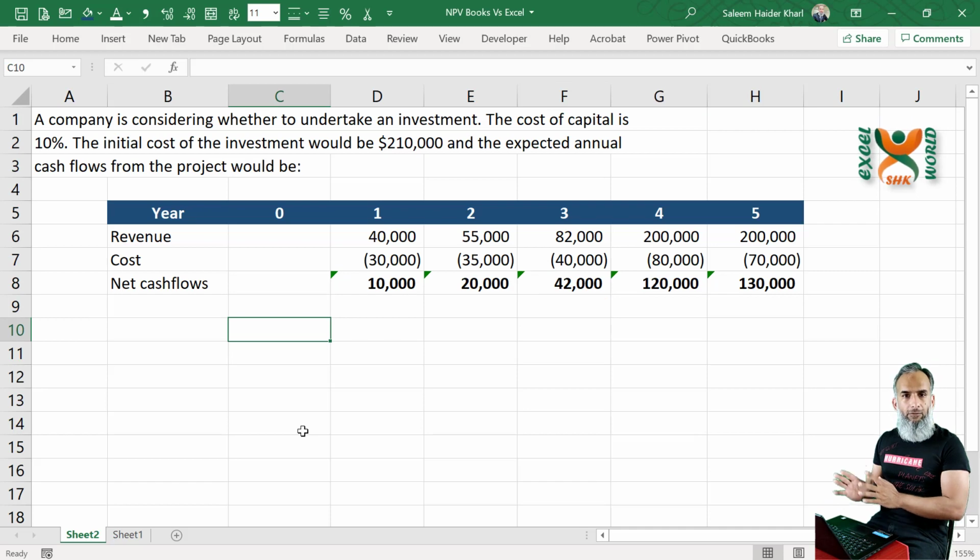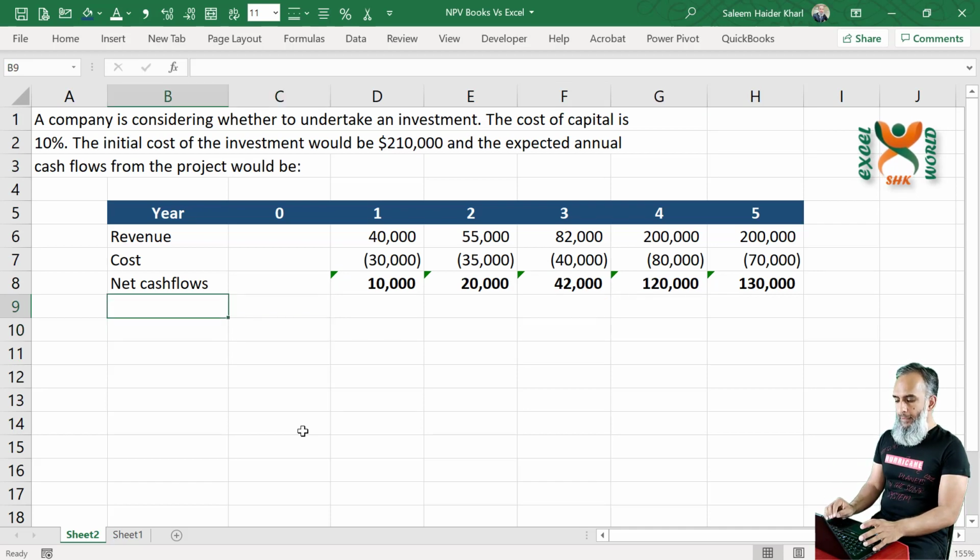So we have the net cash flows for each of the years, and now we will calculate the present value for each of the cash flows. So first we have to define what the divider will be. This is called the discount factor,